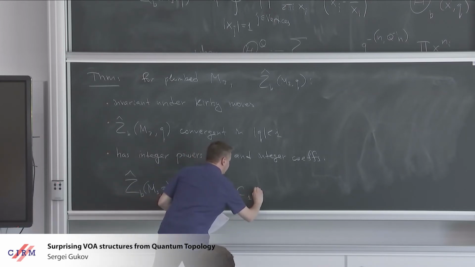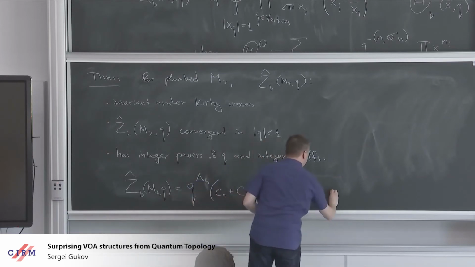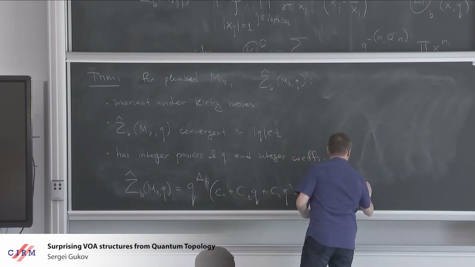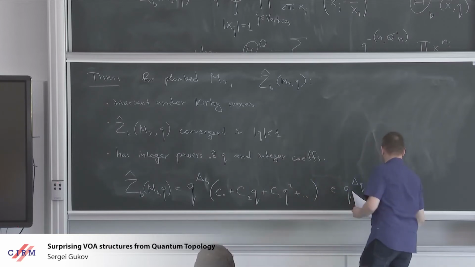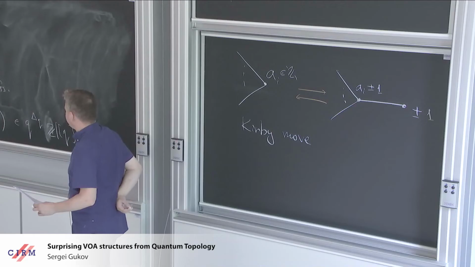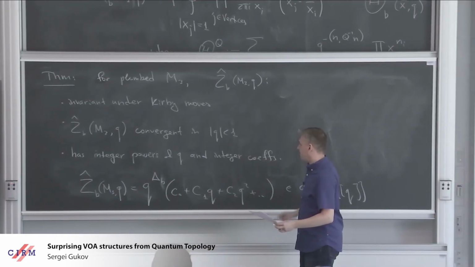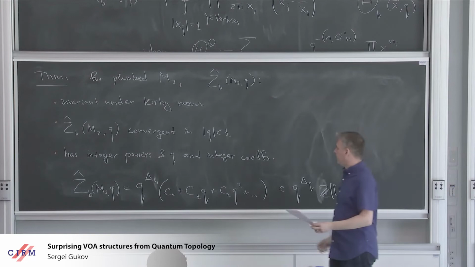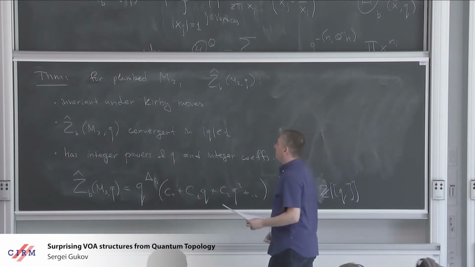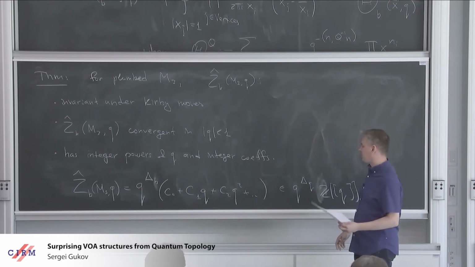where coefficients c0, c1, c2, and so on are all integers. So this object lives in power series of q with integer coefficients. Delta can be negative, so it can start with a negative power, and the c_i can be negative too. In general, c_i can be negative. They are not in simple examples, but there is a priori no reason for them to be positive, because